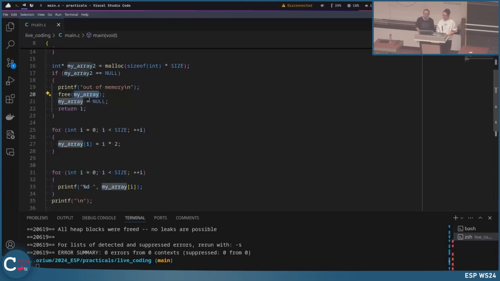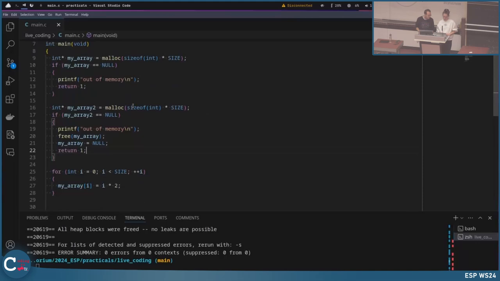So there wasn't an error in the second malloc before, when I tested with the size. But then with the big number there was an error. Why is there a difference regarding the size, whether it's an error? When you do the second malloc, you always need the null check with the array. So I'm confused why the constant changes whether there is an error or not. Okay, so I think the question was